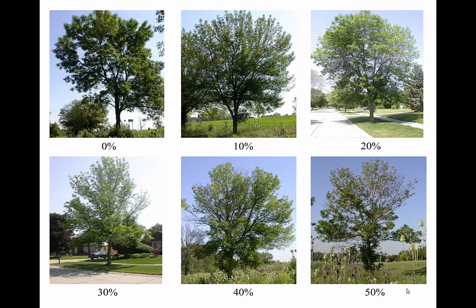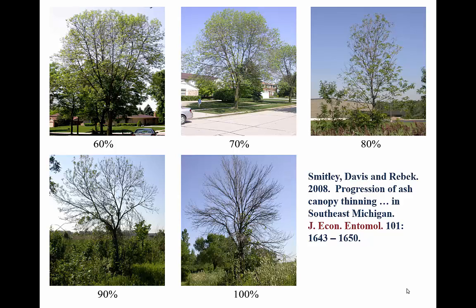In this part of the country, there may also be thinning of the crown associated with other things, but even up to 50% thinning associated with emerald ash borer, you could use some of the treatments that are available now to bring it back. However, beyond that, there's probably been so much damage, so much compromising of the tissue underneath the bark, that the systemic insecticides, which is what we use in this application, cannot move efficiently